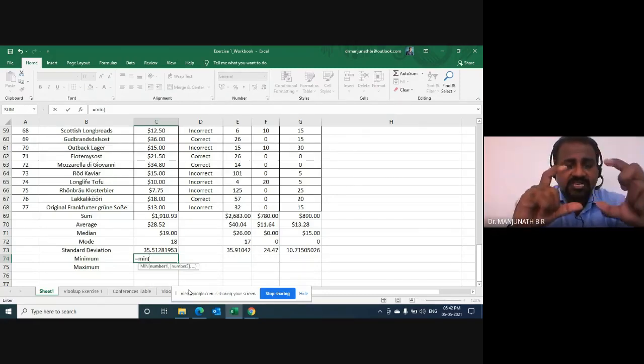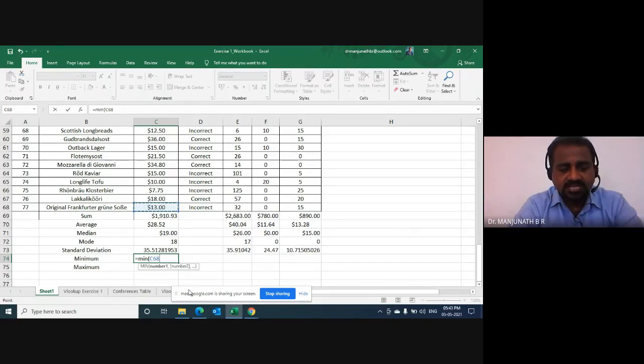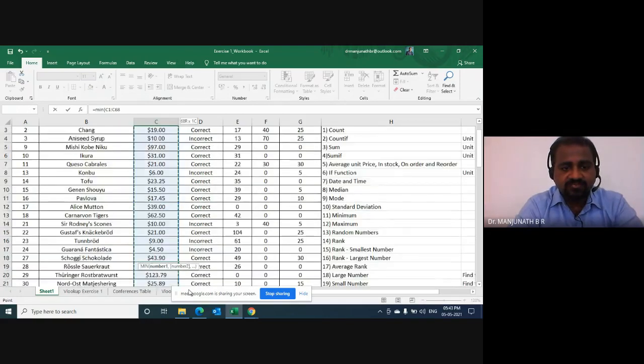Now we need to select the range. The same process: I'll use the up arrow key, go and stand in the last cell of that range. Now from here, I should go to the top. For that, I'll use the shortcut Control Shift up arrow key.